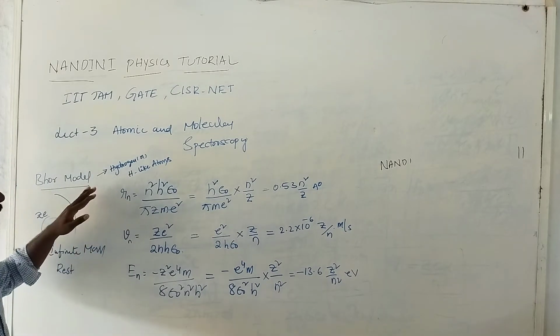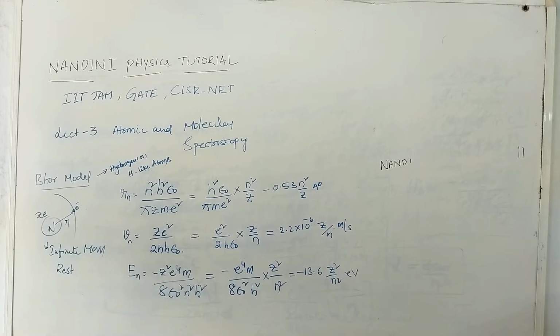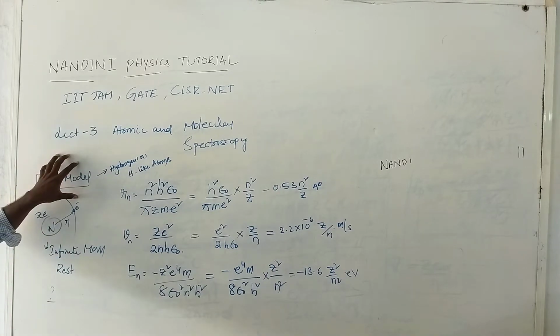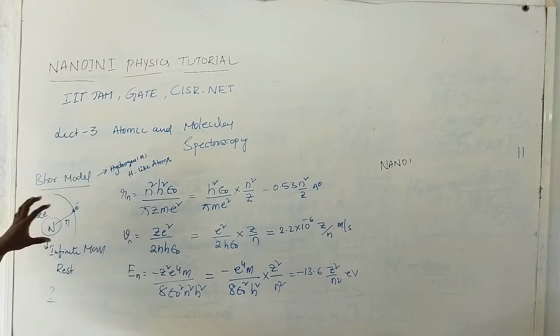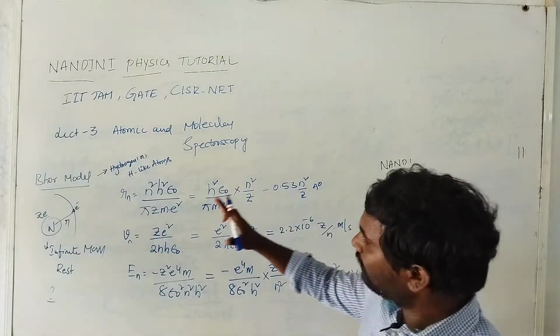Now, he considered some assumptions for this hydrogen atom. First, Bohr considered the nucleus to have infinite mass and to be always at rest. For suppose this phenomenon is applied for finite mass, what will happen? For that purpose Bohr introduced a new concept, if the nucleus is considered to have a finite nuclear mass. So the next concept is the Bohr atomic model with finite mass correction. That's why we need some corrections. We want to correct for the finite mass.